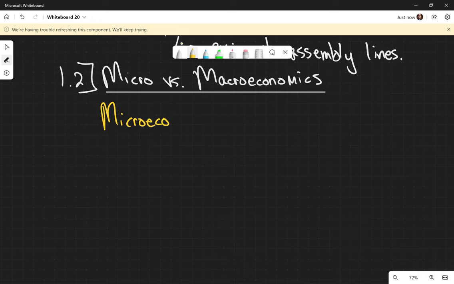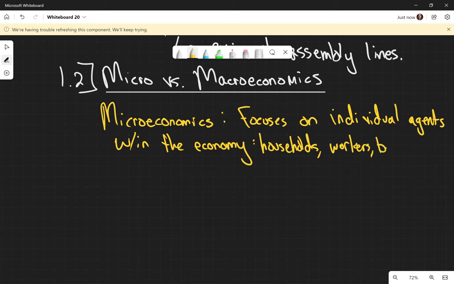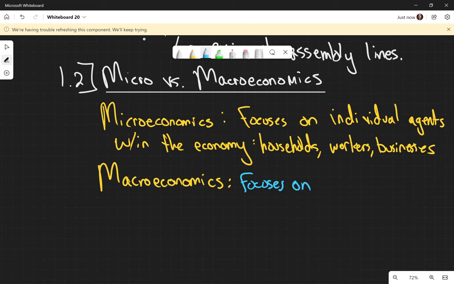So microeconomics focuses on individual agents within the economy. So households, workers, businesses. Whereas macroeconomics focuses on broader issues